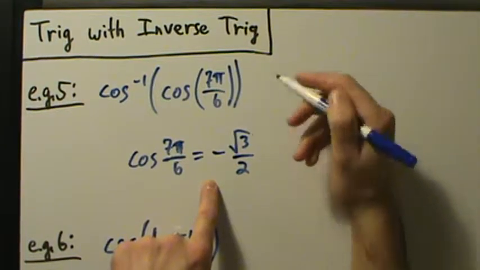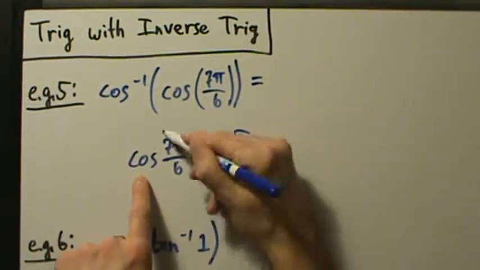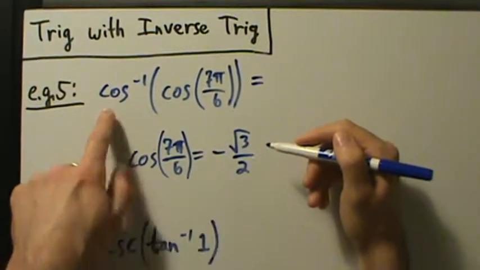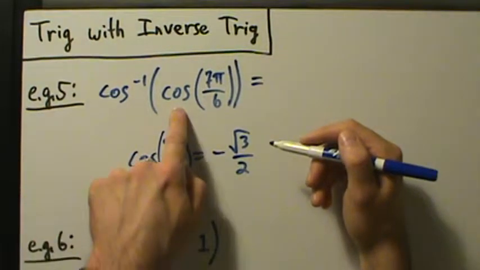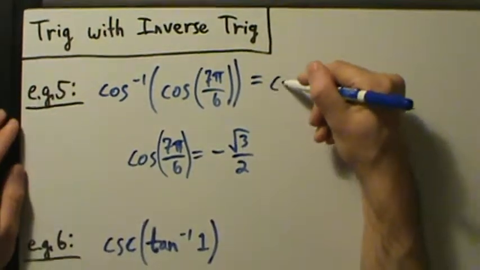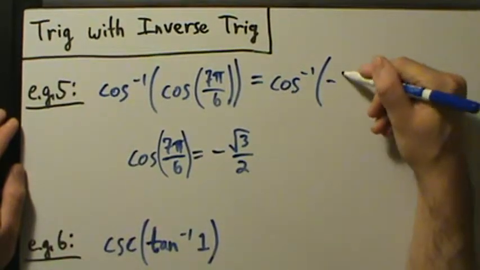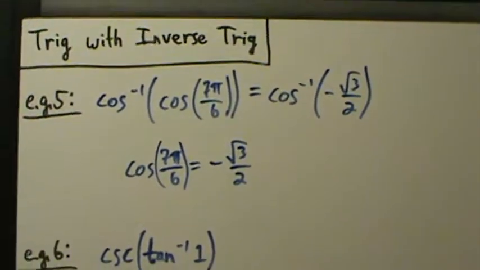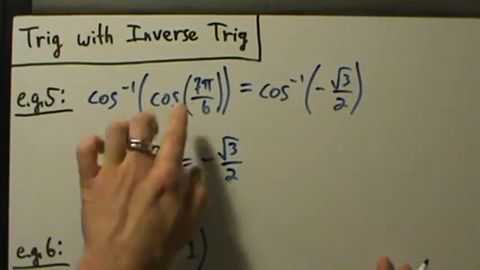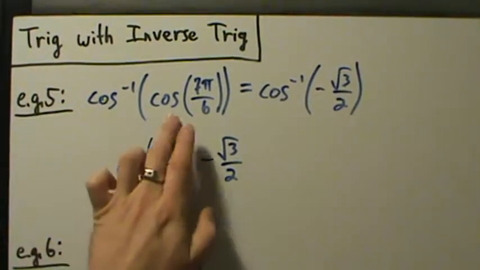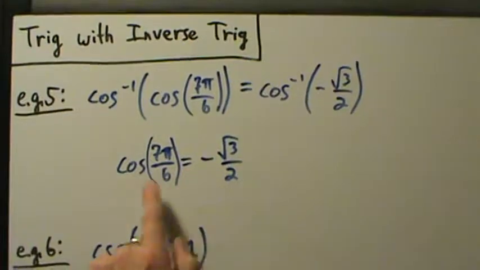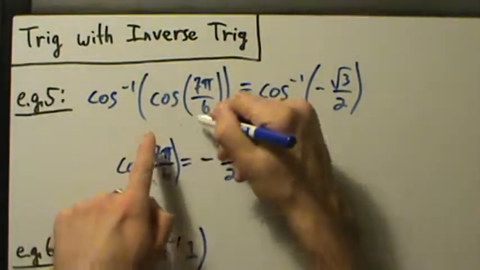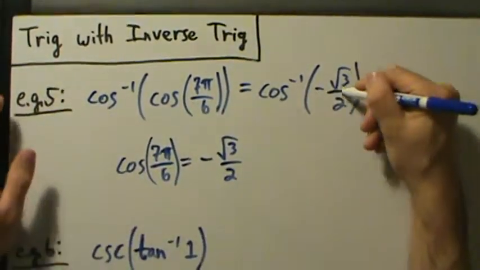So then what we have is, since cosine of 7 pi over 6 is negative root 3 over 2, inverse cosine of cosine of 7 pi over 6 is inverse cosine of negative root 3 over 2. Really at this point we're just evaluating this from the inside out. Cosine of 7 pi over 6 gets replaced with negative root 3 over 2. And now